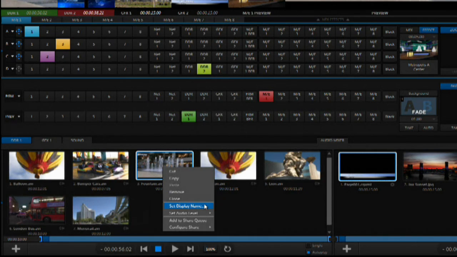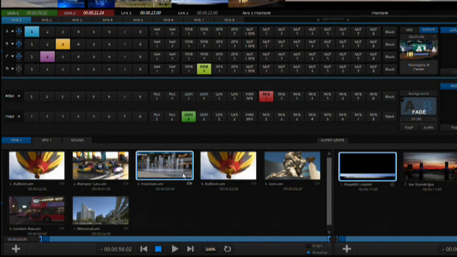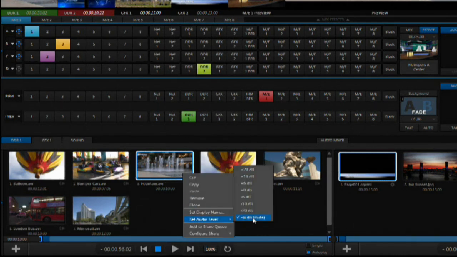There is a display name option which will change the name displayed in the DDR only. It will not affect the actual clip name on the hard drive. There's also a control for that clip's audio level, including mute. This is very handy as you can set the audio levels up on a clip-by-clip basis, meaning less audio mixing